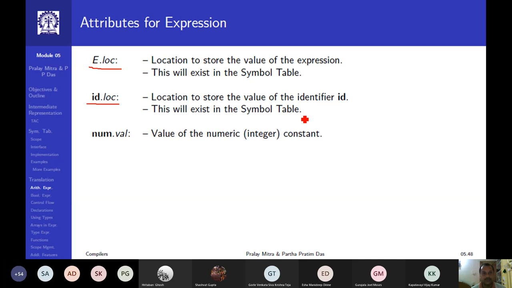Now here I am suggesting to add some attributes, and that will exist in the symbol table. Finally, num.val is the value of the numeric constant. Although here it is mentioned as an integer, you can definitely extend it to floating point. So those 3 attributes are required. Now at this stage, for generating the IR,